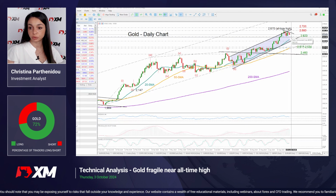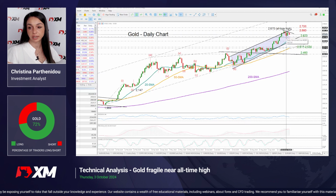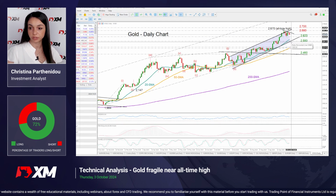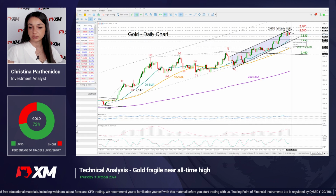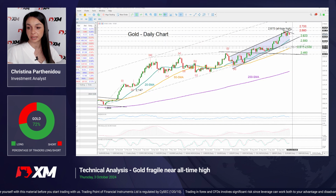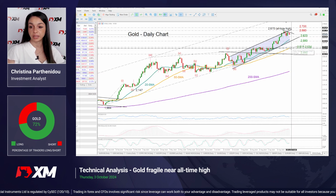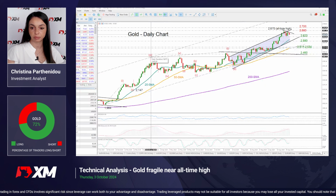So perhaps if the 2623 level, which supported the market a couple of days ago, fails to hold, then the price could hit the lower band of this bullish channel at 2583. The 20-day moving average will also be closely watched near the 2600 level. Additional declines from here may worsen market sentiment, likely activating a new bearish wave towards the 2517 and 2530 region, where the 50-day moving average, as well as a couple of dashed trend lines